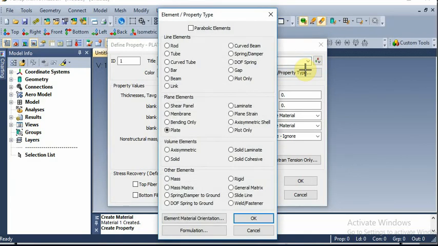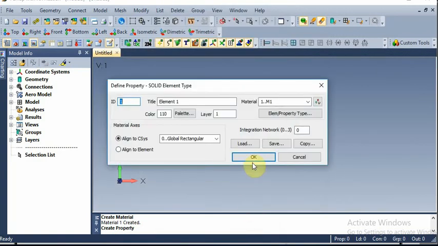Then this element or property type is solid. Give OK here. Okay.